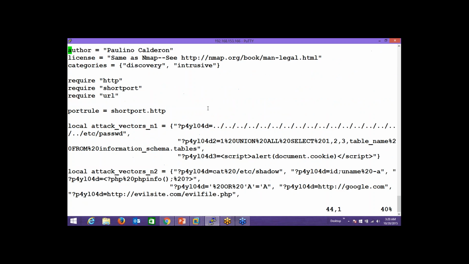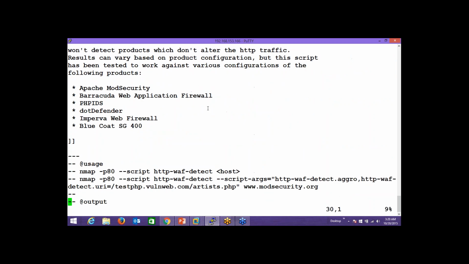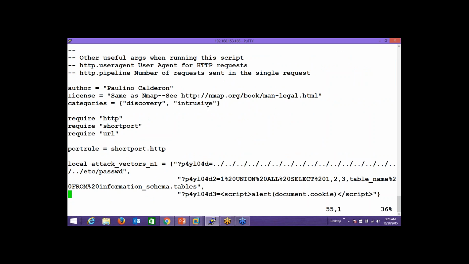to have this, let's see who wrote this. I don't know the guy personally. I thought I saw his name and email in here. What's his name? There, here you go, Paulino Calderon. So, I don't know Paulino Calderon personally, but although the script is not that sophisticated,